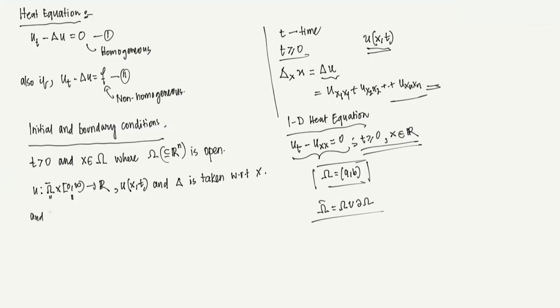And f is also given from omega cross 0 infinity to R. Clear? That is f. So essentially in 2 we have f, so that is given. Clear? So that is the whole format of it. What is it? The equation looks like ut minus Laplacian equals to 0. If you compare this equation with your canonical form, we have that